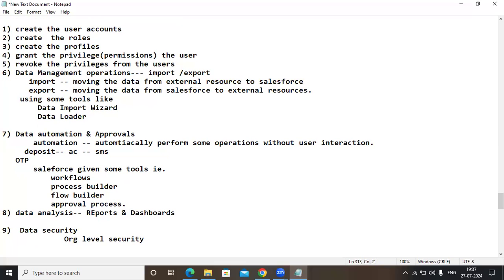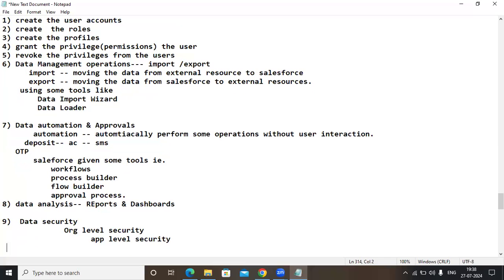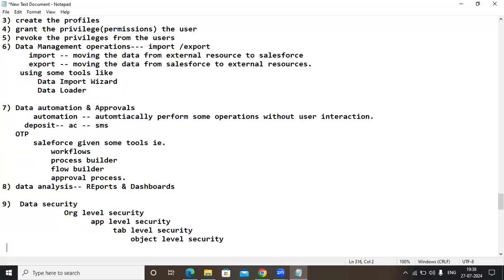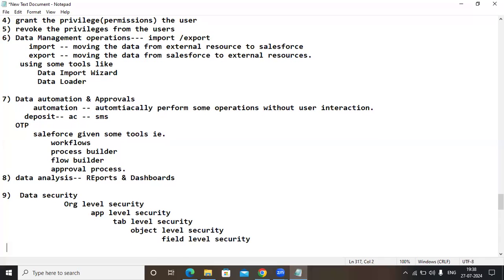Under org level security, we have app level security. Then we have tab level security, object level security, field level security,